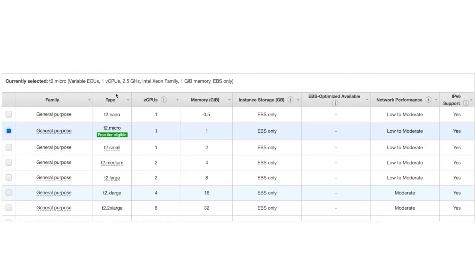That is going to ask us for the instance type. As I mentioned, it is going to tell you the family. So you can directly choose the kind of family based on your need, and within that the kind of instance type you need. It also tells you about the network performance, whether you need low, moderate or high. We are going to discuss EBS and EBS optimized availability. These are the options for volumes, and we will discuss them later. But for now, what you need to concentrate on is instance type and AMI.